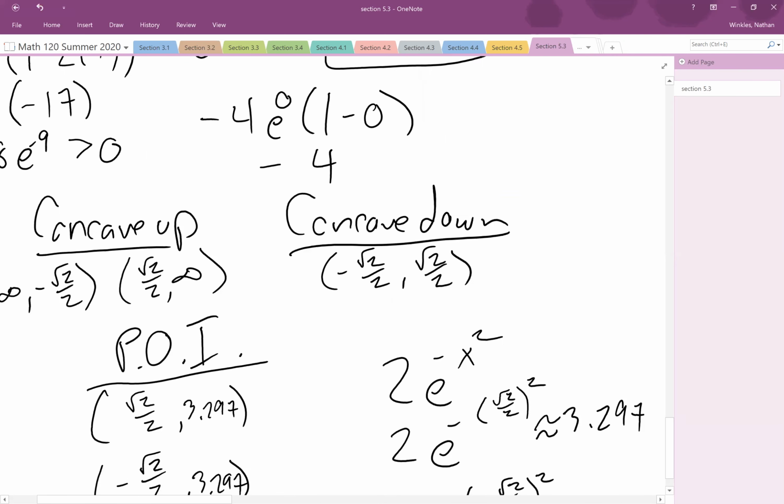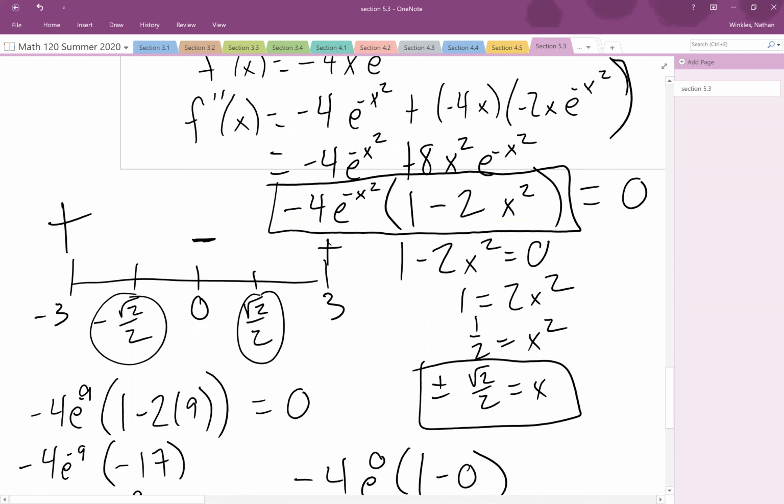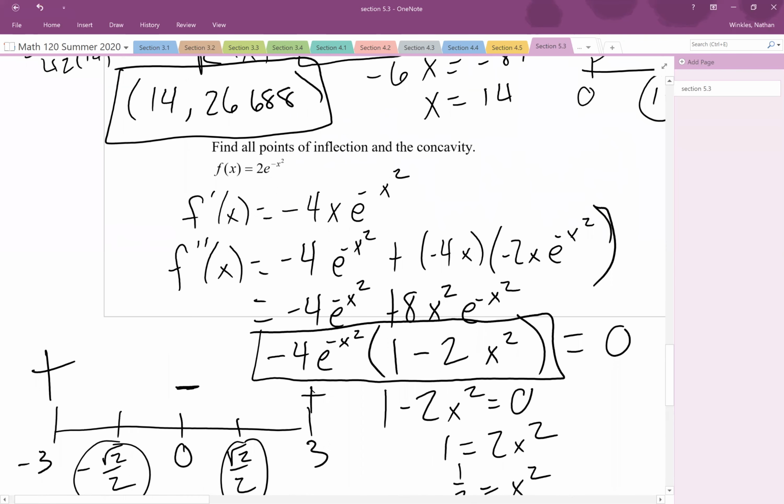So it didn't look like that hard of a problem, but it turned out to be a little ugly of a problem right here. So we need to be aware of that whenever we